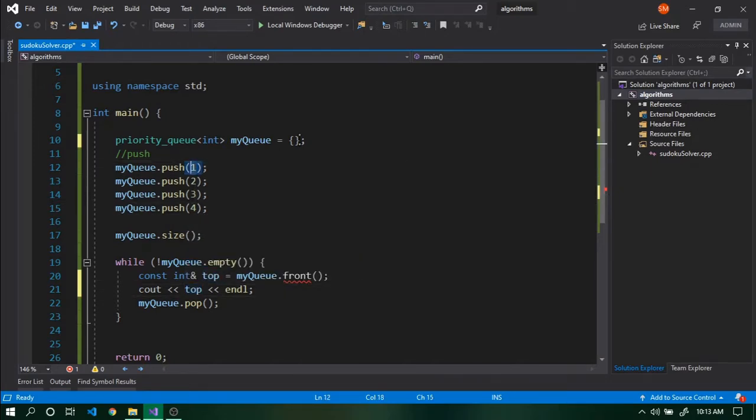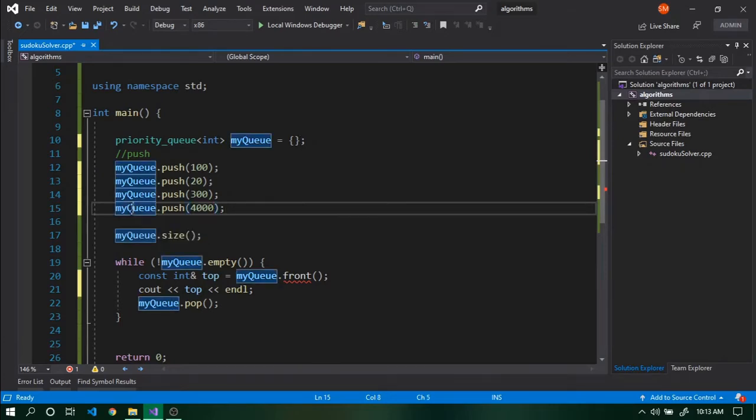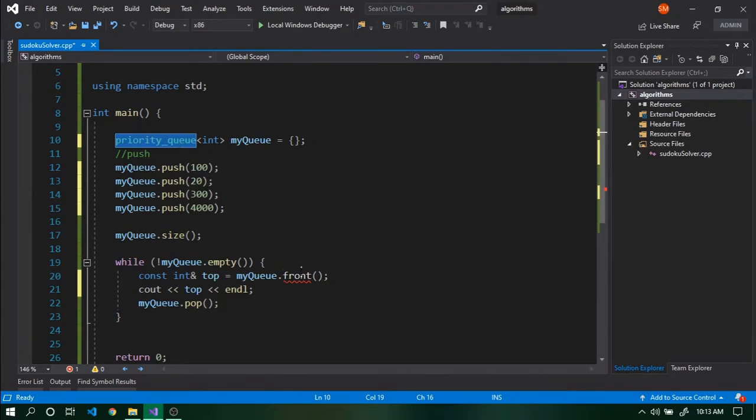So in our priority queue, we are going to have the values altered. First, let's say we pushed 100, then we pushed 20, and then we pushed 300, and then we pushed 4,000. Okay. So this is an example. In case of priority queues, we don't use front, but just like stacks, we will use top.